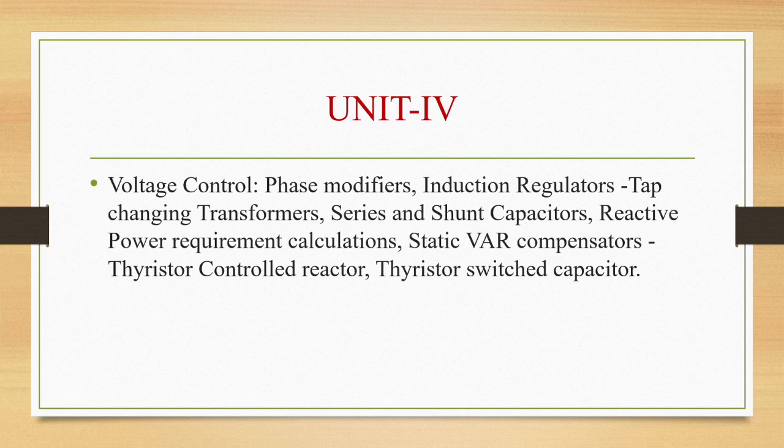In a modern power system, electrical energy from the generating station will be delivered to the consumers through a network of transmission and distribution. So we know that in a power system there are basically 4 stages: generation, transmission, distribution and utilization. So there are two very important networks, that is transmission network and distribution network. So electrical energy from the generating station will be delivered to the consumers through a network of transmission and distribution.